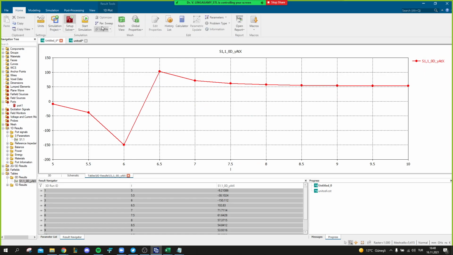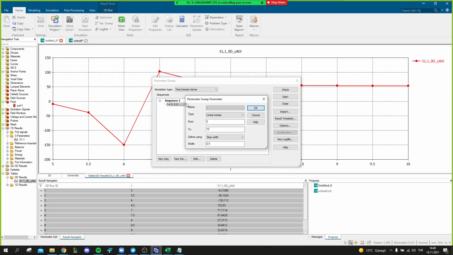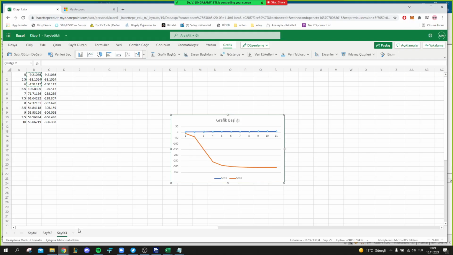For example, if you simulate 1 to 15 with steps of, for example, 0.2, and plot this one, then you will get a nice S curve, the same S curve. Now you understood the procedure, right? Yeah, that's it.